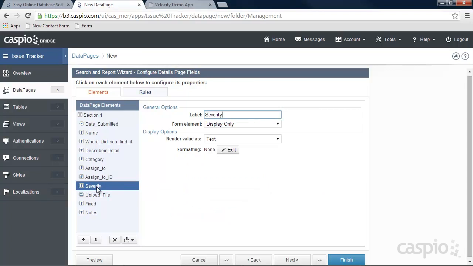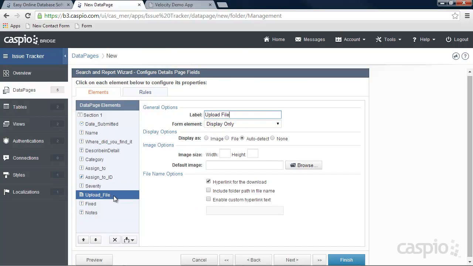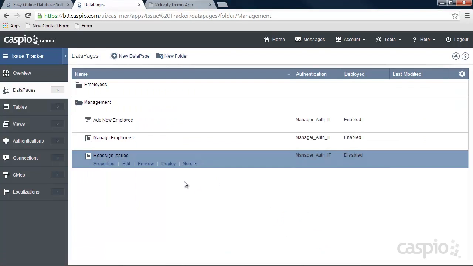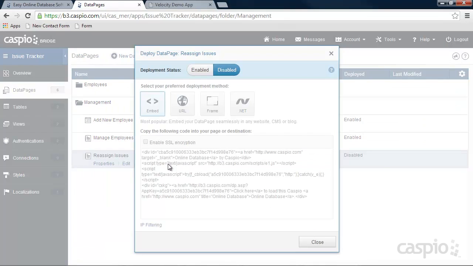As a manager, you also have the capability of editing all the other fields if you'd like. You can also change out the file. You can say if it was fixed or if it wasn't fixed. So as a manager, you do have more capability if you wish to enable that in your application. But for now, I only want to show these two fields as editable. Let's click Finish. And last but not least here, let's go ahead and deploy this data page